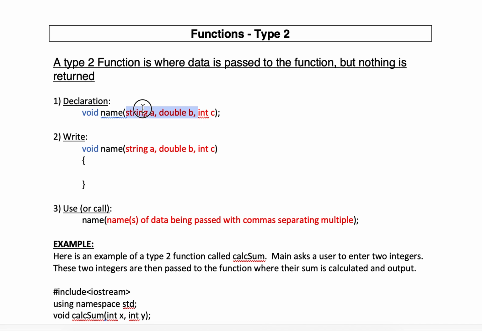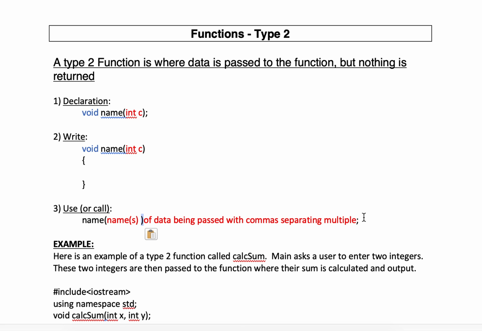If this was my function, where I just took an int, that would be my function header. And then we would write whatever the function does in here. Okay, now to call it, if I'm sending it an int, I would put in here